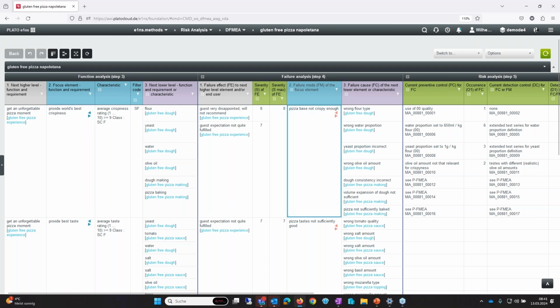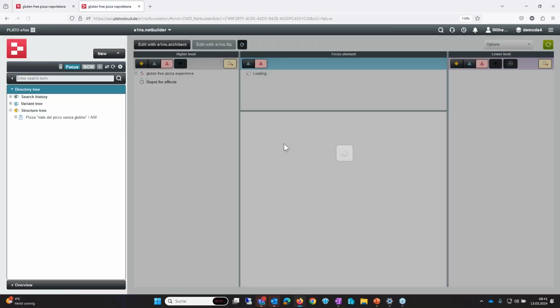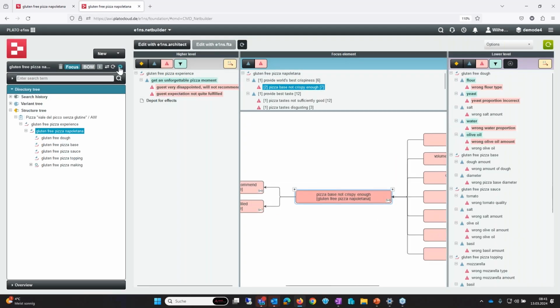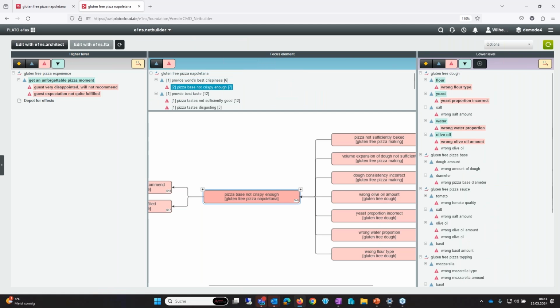You see a failure, pizza base is not crispy enough, with effects on the higher level and causes coming from the lower level. And if we like to see how it is linked together, we can have a quick look into our net builder to see how the failure nets were built. You see here again this failure, pizza base not crispy enough, with all the causes, and you can see there are causes coming from